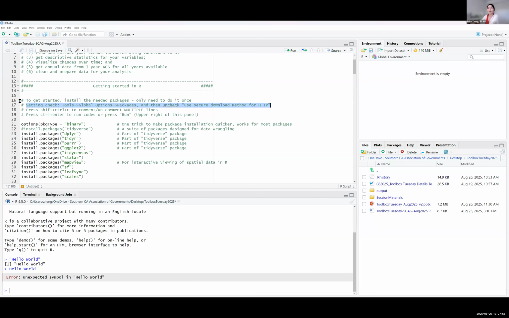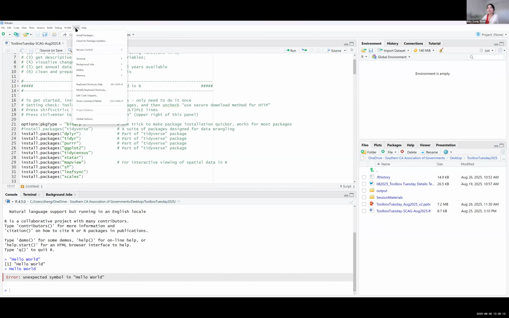Another thing to mention is that when you want to leave a note in your script, just type a # and R will know this is just your own note. It won't treat it as a command. So back to the settings.